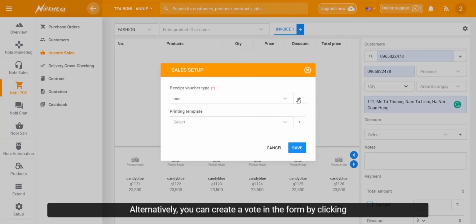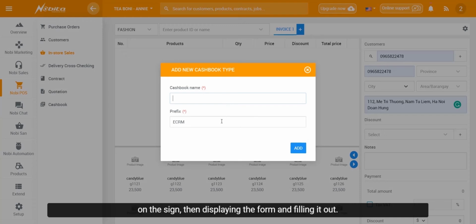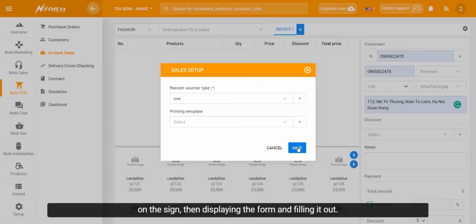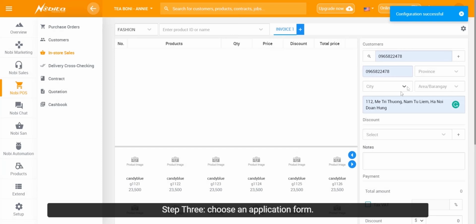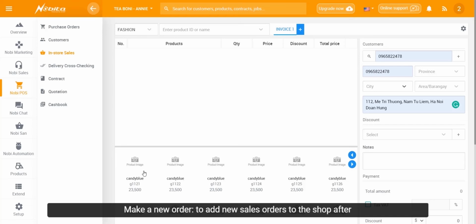Alternatively, you can create a vote in the form by clicking on the sign, then displaying the form and filling it out. Step 3. Choose an application form. Step 4. Press the Save button. Make a new order. To add new sales orders to the shop after you've set up sales as described above,